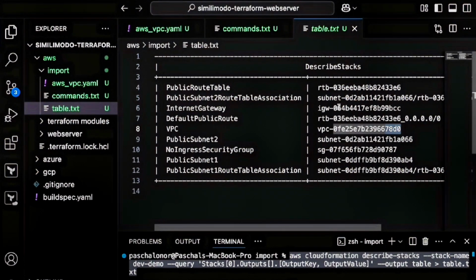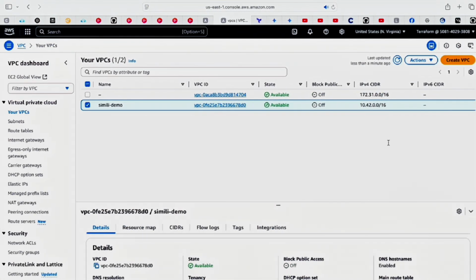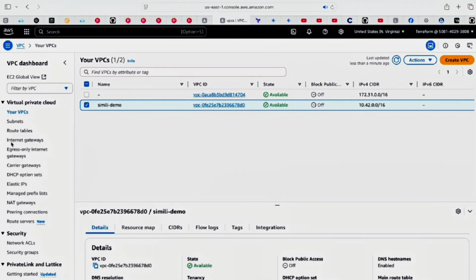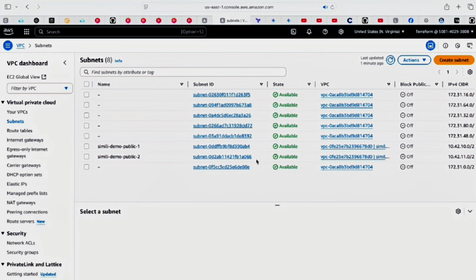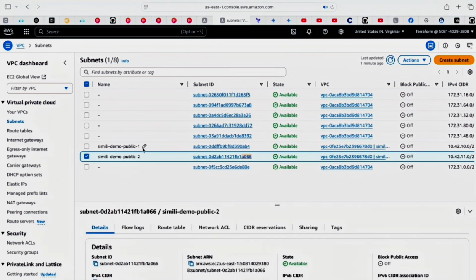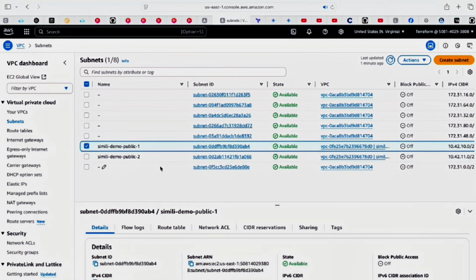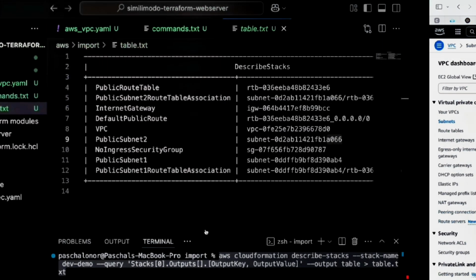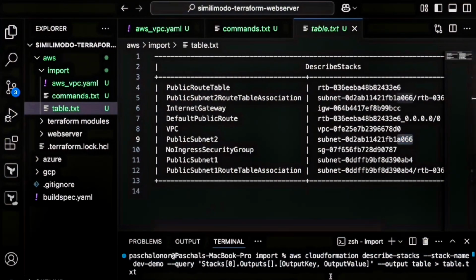So that's exactly the VPC that this created. Then the subnets: the subnet 2 will end with A066, and then the subnet 1 will be ending with